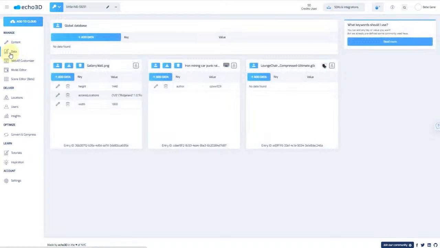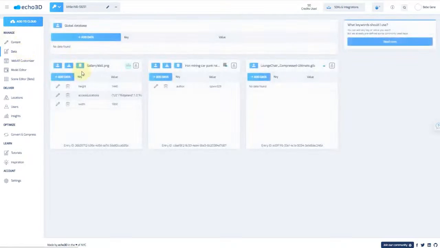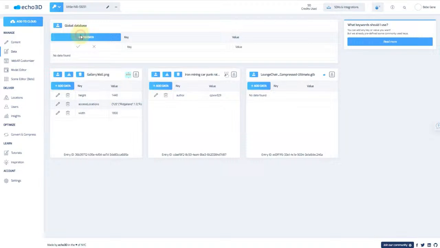Over here, when we're talking about data, this is referring to the global data for each of your items, which will be assigned to every single one of your 3D assets. Or if you wanted to do individual metadata for each of your content cards, you could do so on each of the object names. So 3 objects were in our console, right? For each one of these, we go down to data. We're able to add individualized metadata for each one. So for example, if I wanted to add something like change the scale by default and then change this to 2, by default, everything is going to be doubled in size every which way, X, Y, and Z.